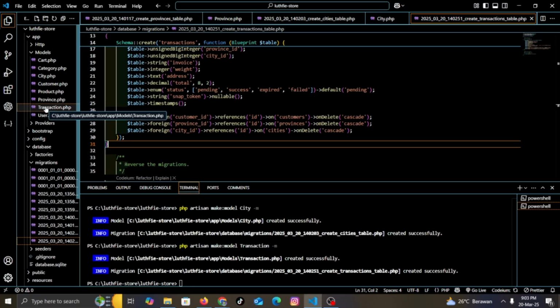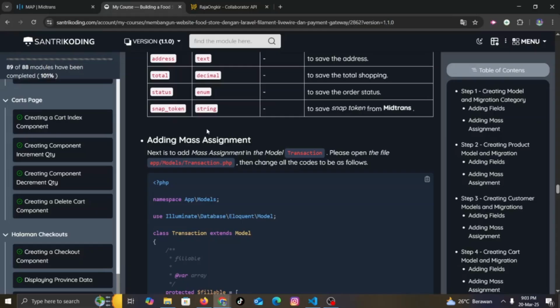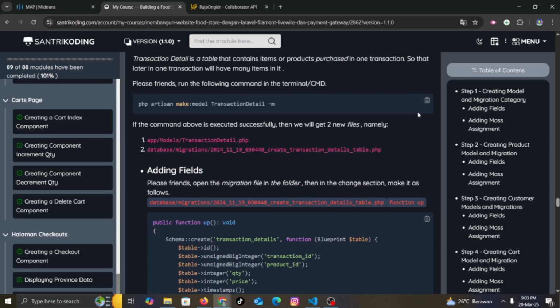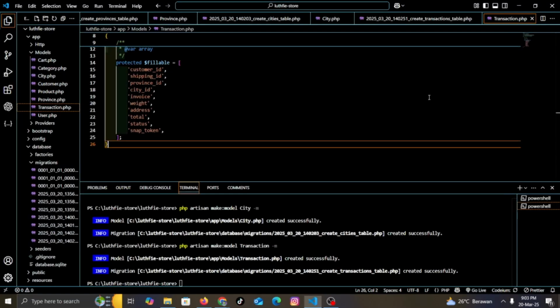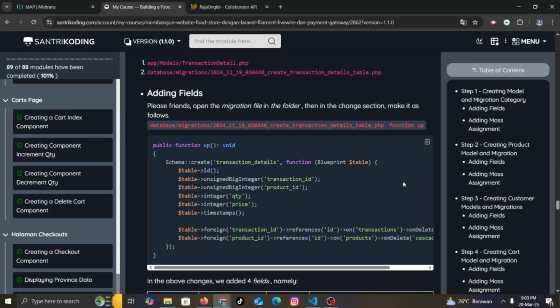Transaction. And then transaction detail.